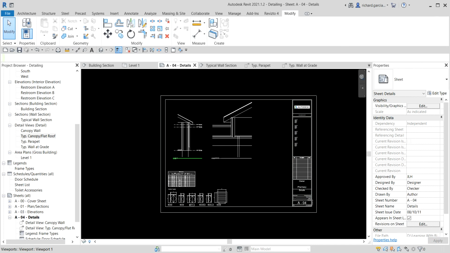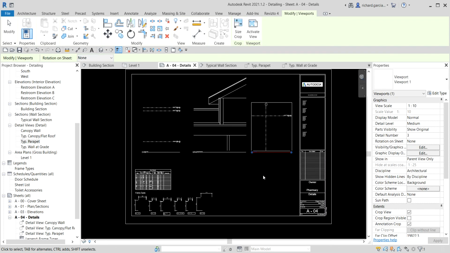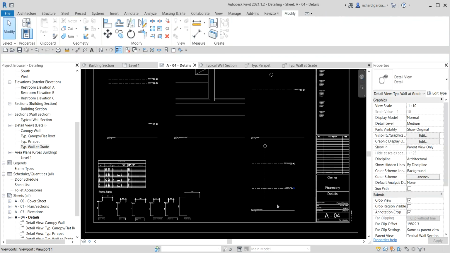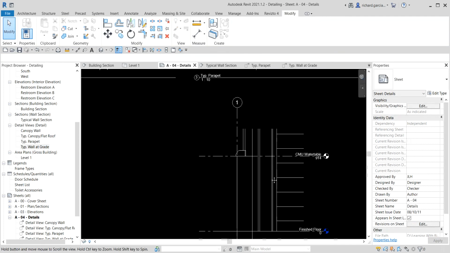Okay, and then I'm going to add my typical parapet here. There you go. There's my typical parapet. And then the last one is typical wall at grade. There you go. Okay, so these are now my detail views